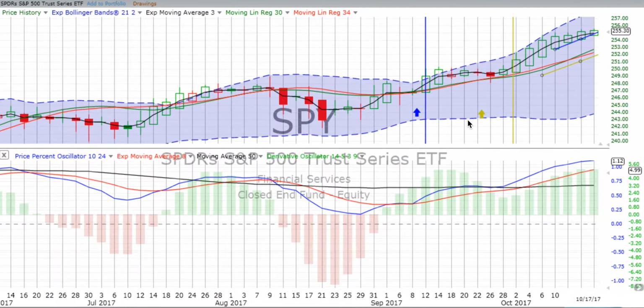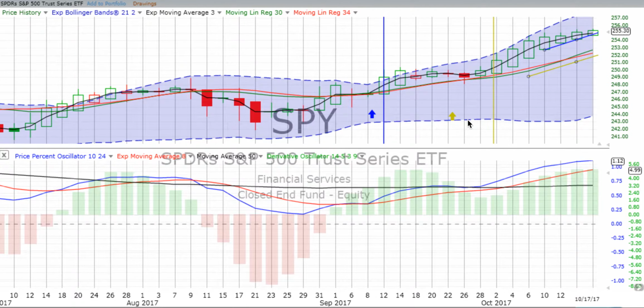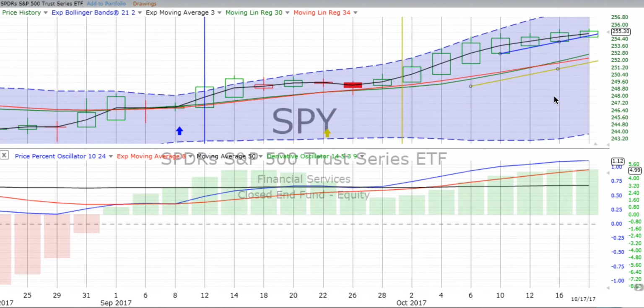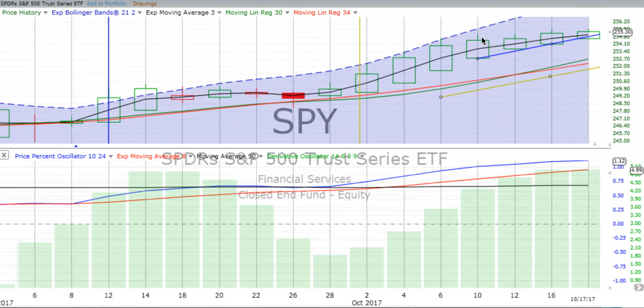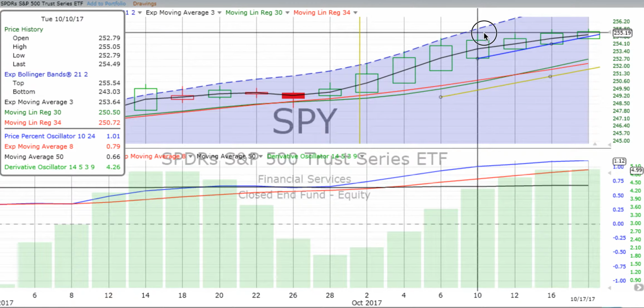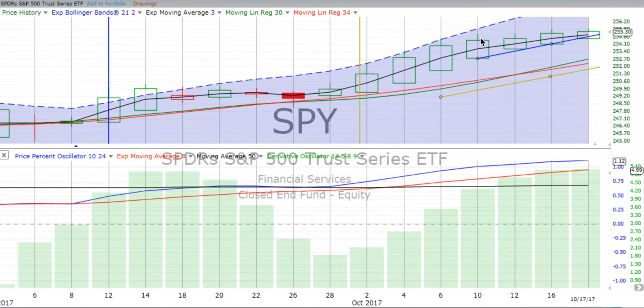Now on the 2-day chart, are things topping off? Not necessarily. We could be seeing just a bit of a slowdown in the continued rise. The market's hitting around where it was back on the 2-day candle ending on Tuesday, the 10th of October. It hit a high there and then has slowly been moving up, but we've been able to connect virtually 3 2-day candles. Again, this is only the first day of the latest 2-day candle.